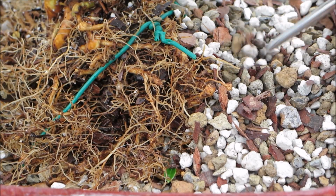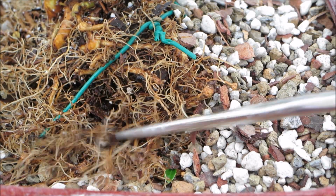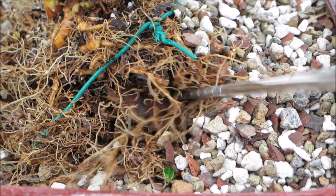And we'll just keep working it in. Now here's a good cross section. You can see the roots down in here. That's stuff that I'm packing in from this way. And you actually see this thing? Oh, look at that, I found...